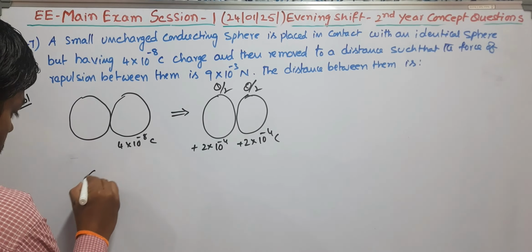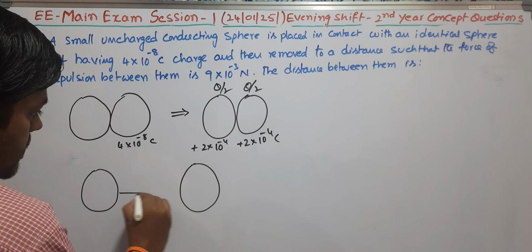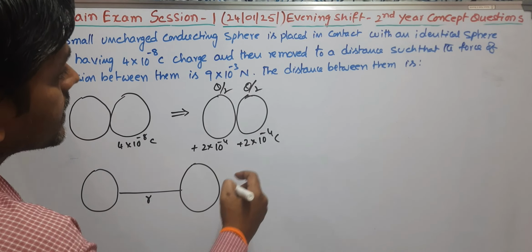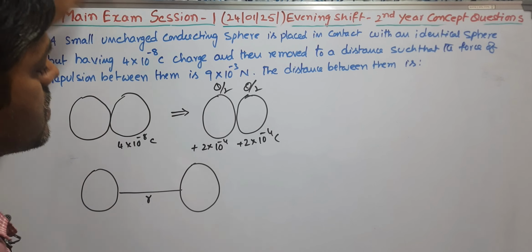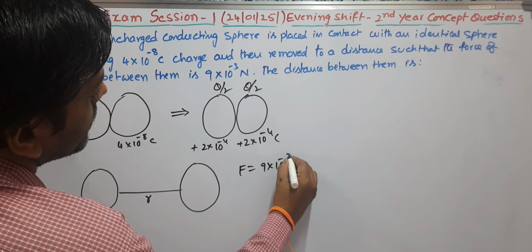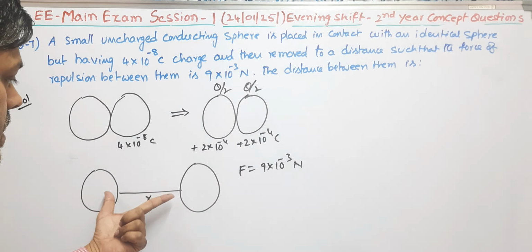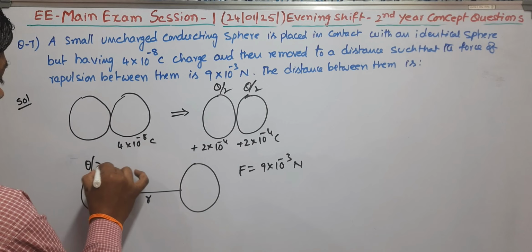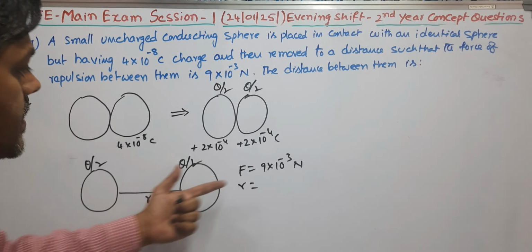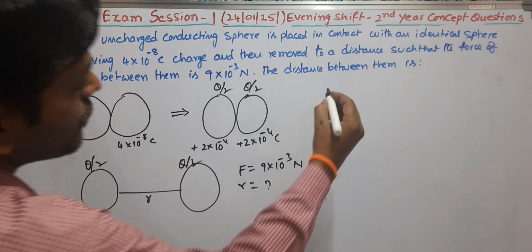Now these two spheres are kept at some distance. How much distance are they separated by, such that the acting force F is equal to 9 into 10 power minus 3 Newton? While these two charges are kept at that distance, the force existing between them is this much. So what is the distance? From Coulomb's law,